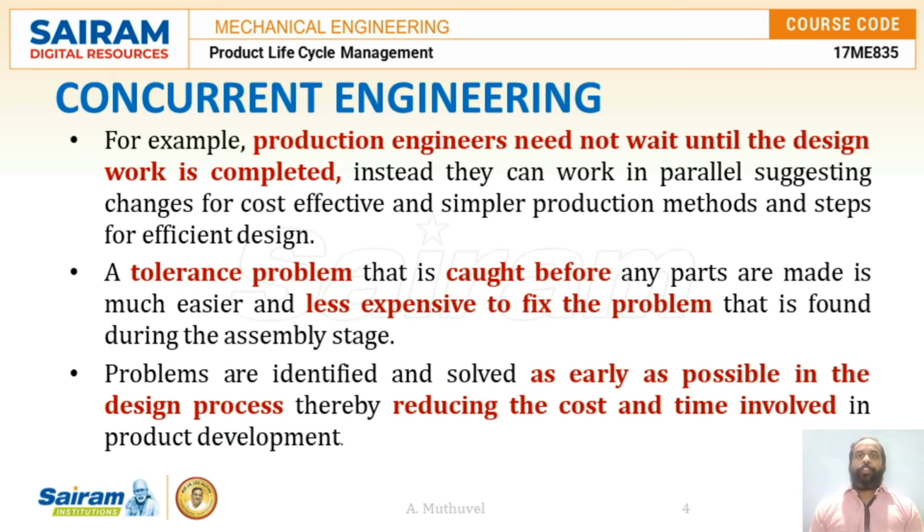For example, production engineers need not wait until the design work is completed. Instead, they can work in parallel, suggesting changes for cost effective and simpler production methods and steps for efficient design. A tolerance problem that is caught before any parts are made is much easier and less expensive to fix than a problem that is found during the assembly stage. Problems are identified and solved as early as possible in the design process, thereby reducing the cost and time involved